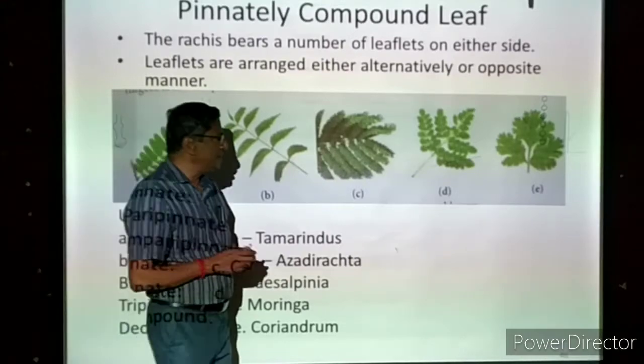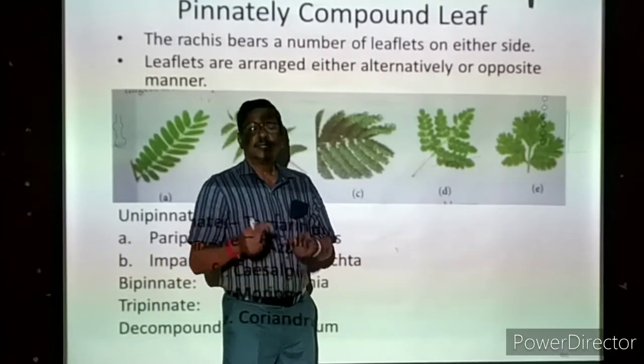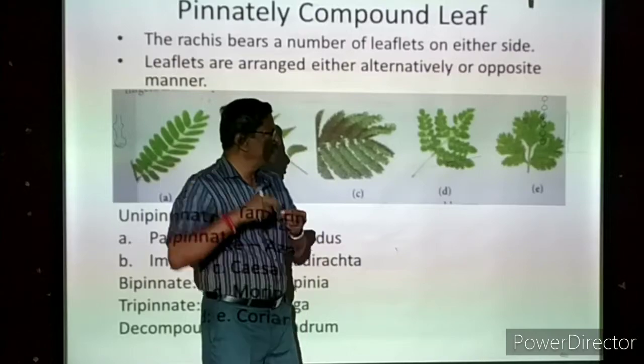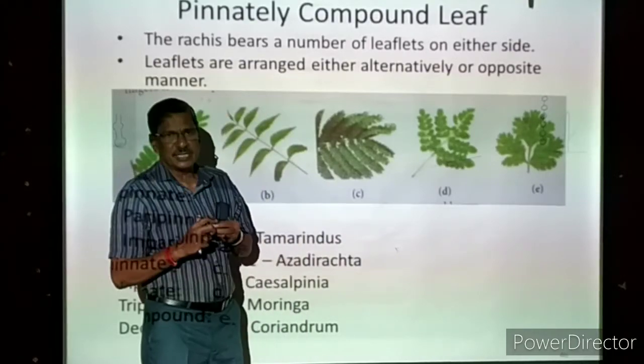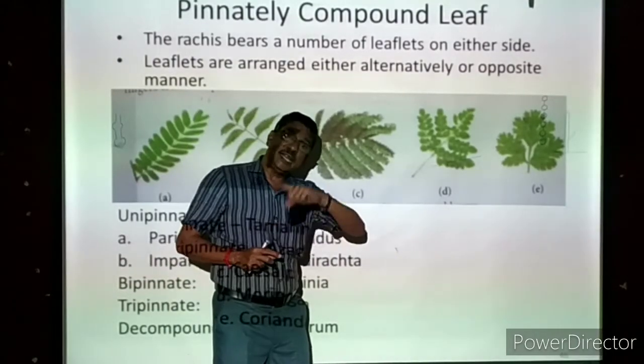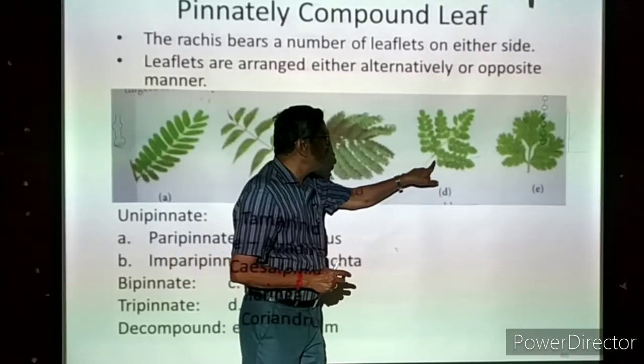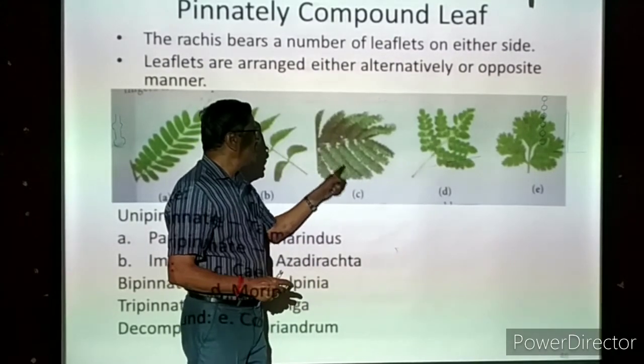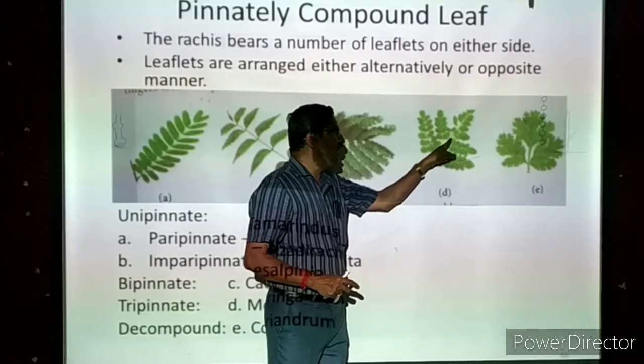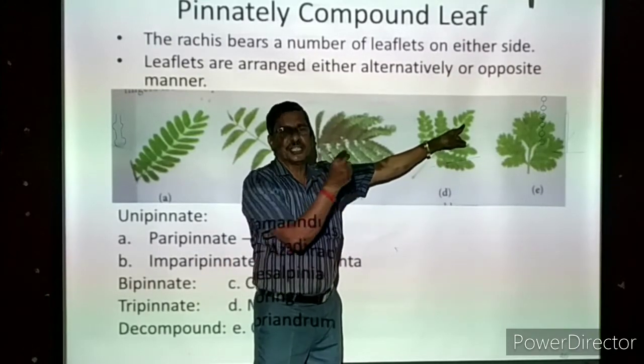First petiole will be there. The diagram is not having that. That petiole is bearing the main rachis. Okay, the petiole, that is called the primary rachis. From that secondary branches will be there. Now this is the secondary branch. This is the secondary, so from secondary it is taken. Secondary rachis it is called.